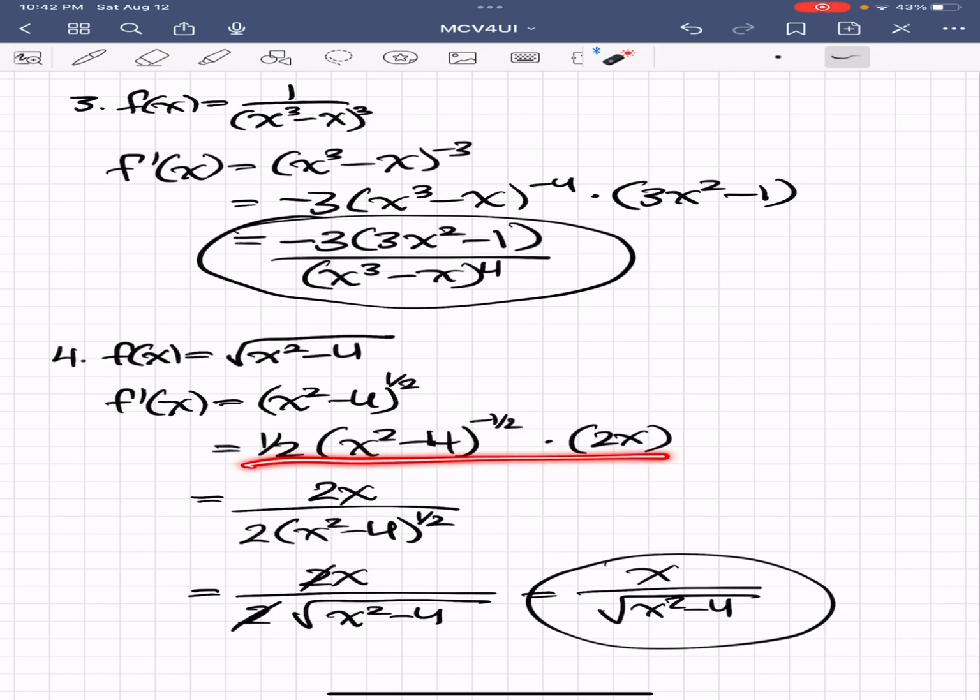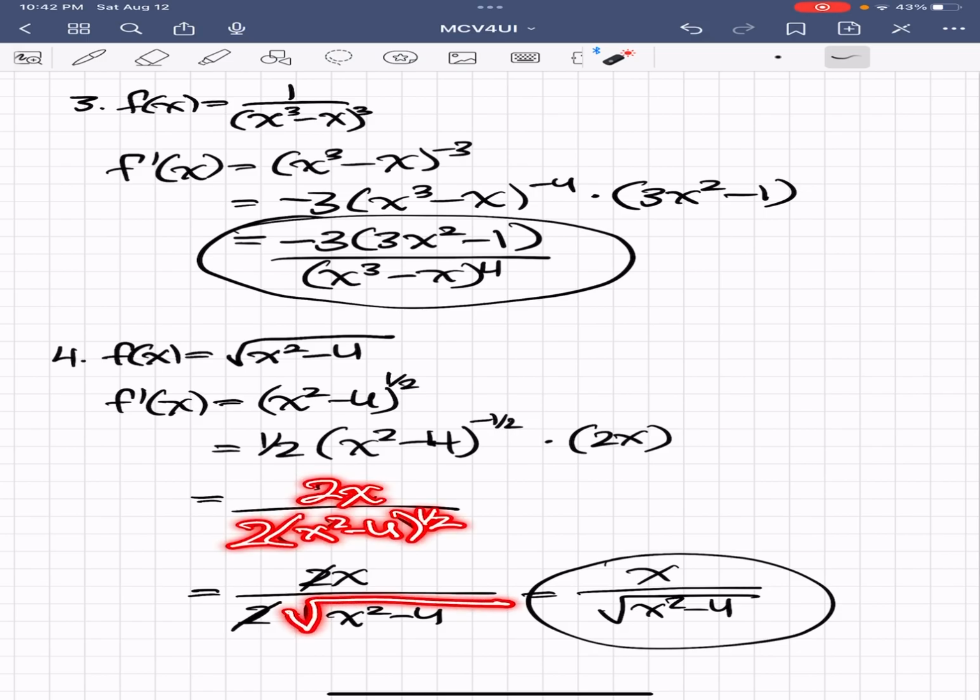So all of this was over 2, and that's what I did. So if you get rid of that 1 and do all over 2, then I was left with 2 of x at the top, 2x squared minus 4 to the power of half, and I wanted to turn it into a square root symbol again. Then I realized 2 was common on the top and the bottom, so